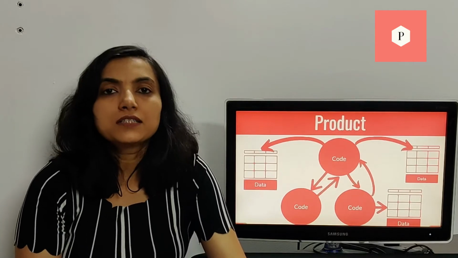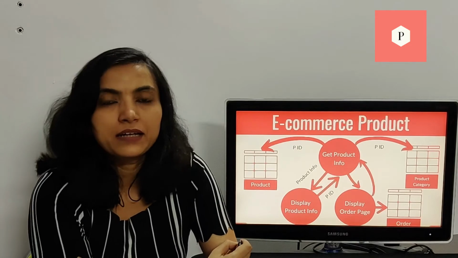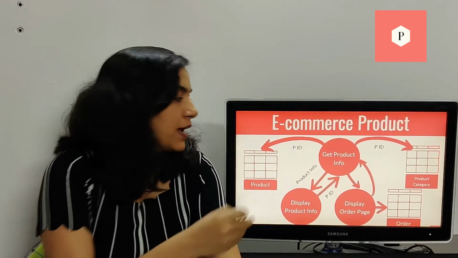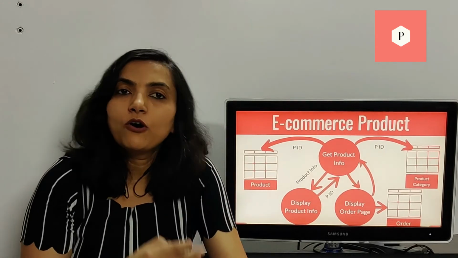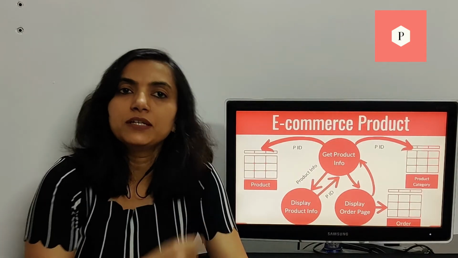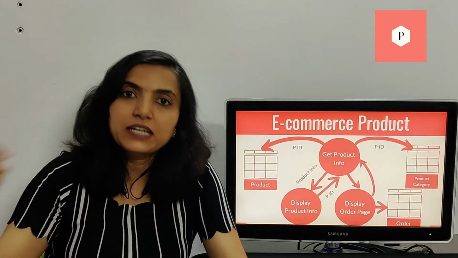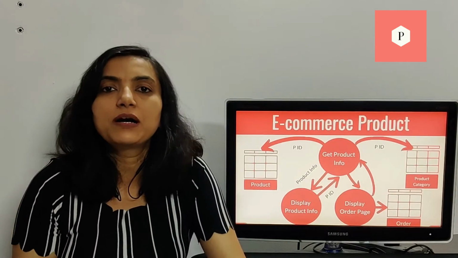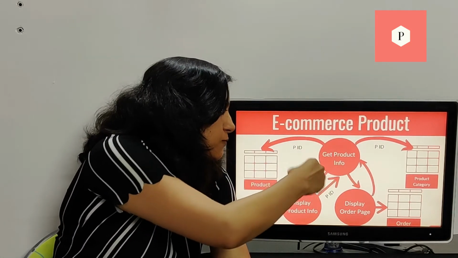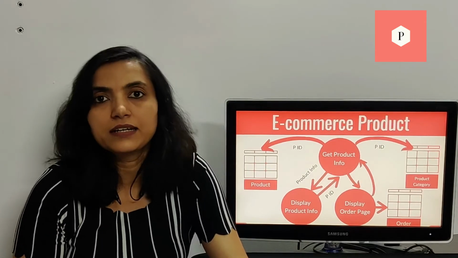For example, suppose something has to change in how product information is obtained. Let us assume that a new tax law has come into effect, and hence now the product table also needs to have a mapping to the specific tax that is applicable to each individual product. And maybe there is a new tax table which keeps information about different levels of taxes applicable. So this piece of code that gets product information now has to deal with these changes in the database.